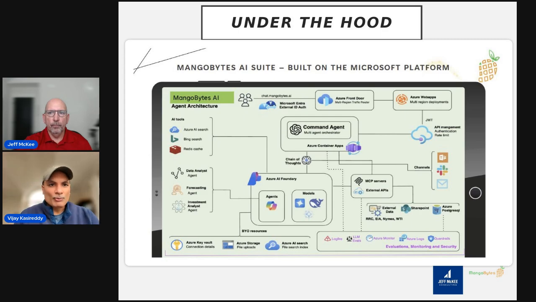The Azure Key Vault, which we see in here, where all sensitive information, the API keys, secrets, is managed securely. The private endpoints used for sensitive systems, so traffic remains within protected networks, not exposed to the public internet. Obviously, the environments are isolated. Each agent is hosted in an isolated, scalable environment using Azure Container Apps.